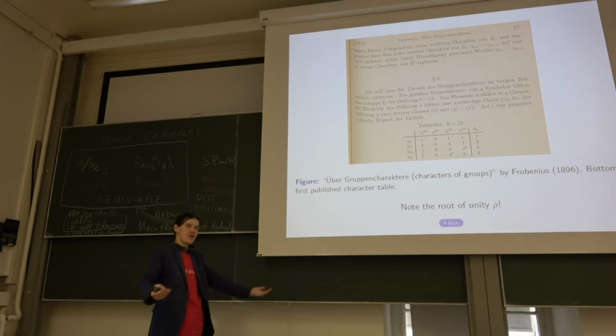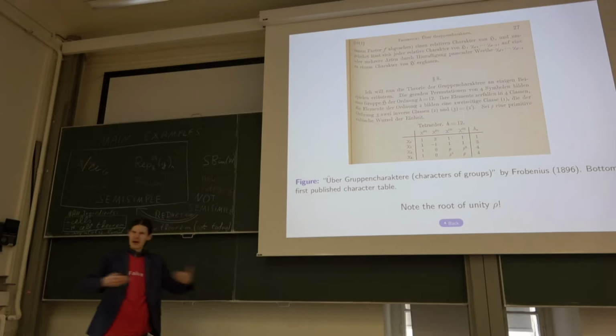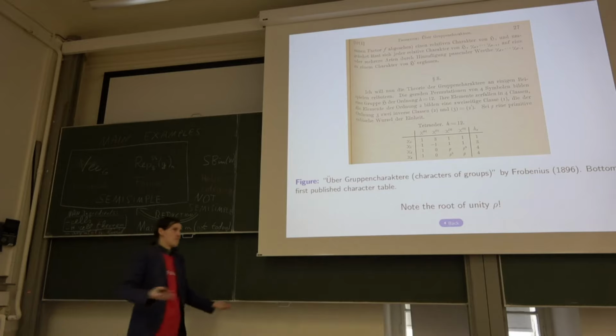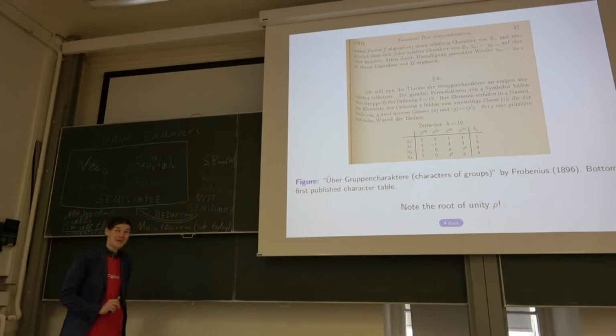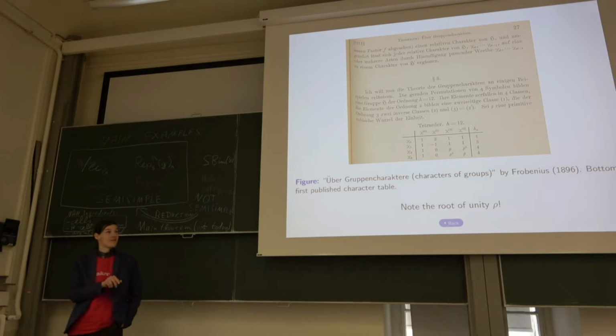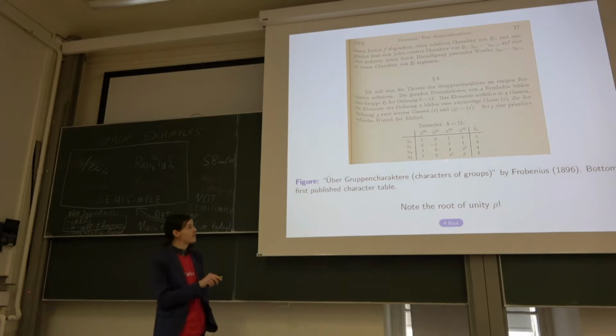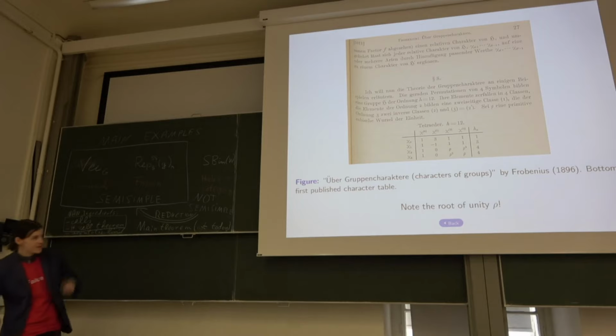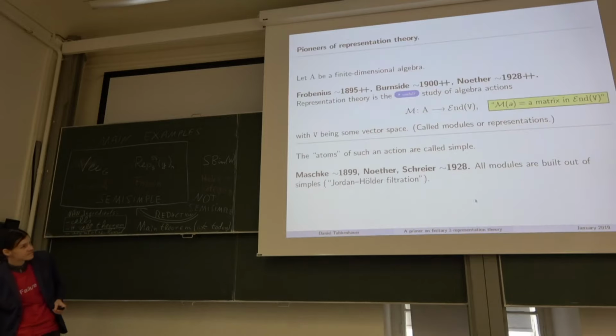And then it turned out to be super useful, and I think nobody nowadays would doubt that representation theory of groups is something very useful and very nice. And I hope actually the same will turn out to be true for this true representation theory, which I'm going to explain. Please keep in mind that there is a root of unity, or please note that there is a root of unity, which turns up here. In this case, it's a third root of unity, but there is a root of unity, and this will matter in my story. So just keep in mind that there is a root of unity.